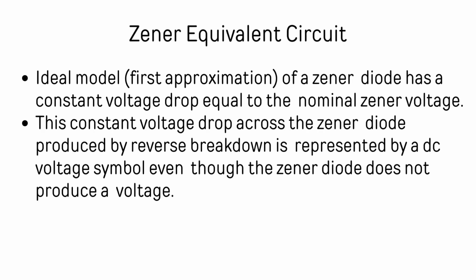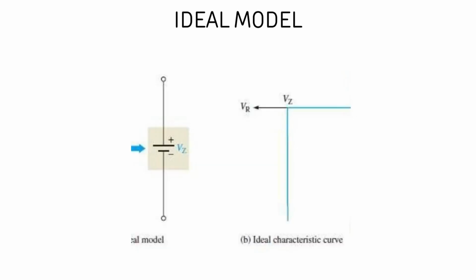Zener equivalent circuit. The ideal model of a Zener diode has a constant voltage drop equal to the nominal Zener voltage. This constant voltage drop across the Zener diode produced by reverse breakdown is represented by a DC voltage symbol, even though the Zener diode does not produce a voltage. It is as shown